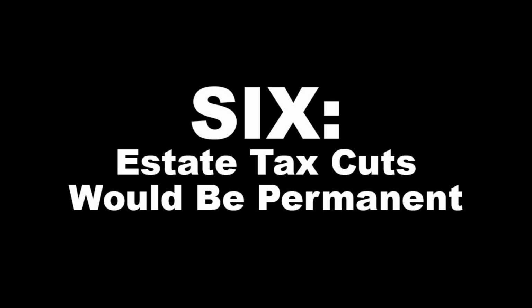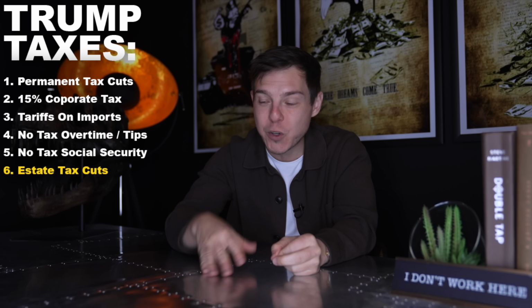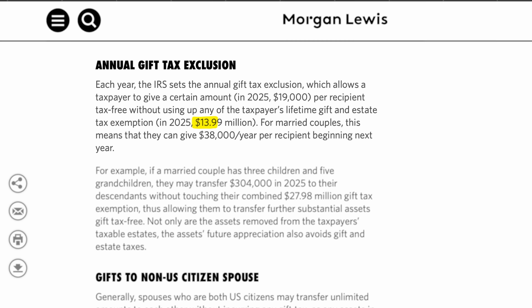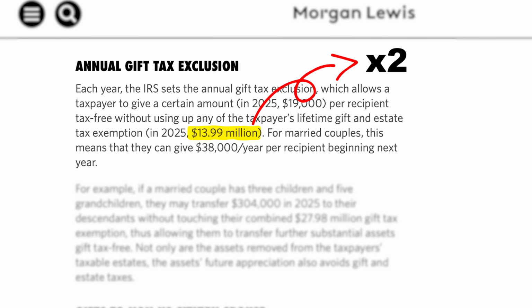After that, 6, estate tax cuts would be made permanent, which means a married couple would have up to $28 million of exclusion on inheritances. But since this probably only impacts like 1 or 2 people watching this video, we'll move on to the next one,